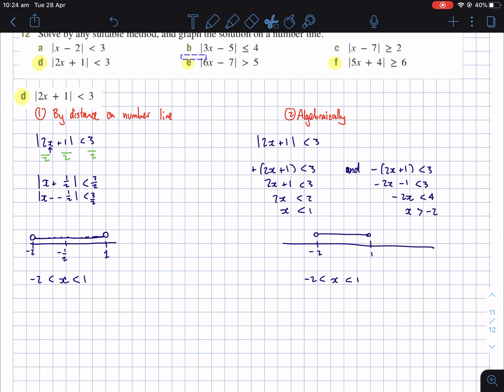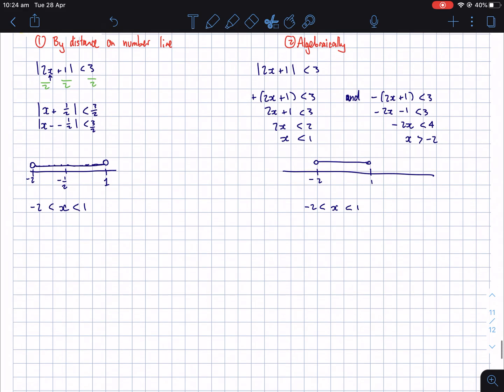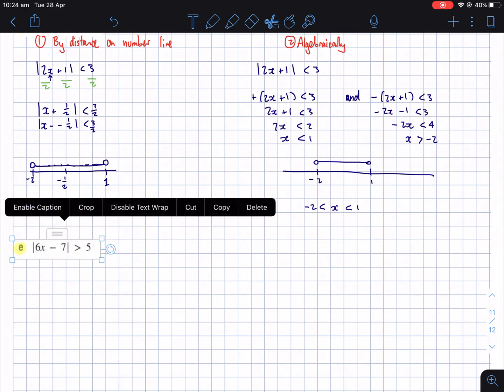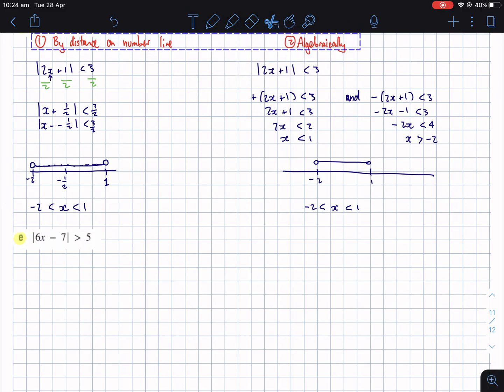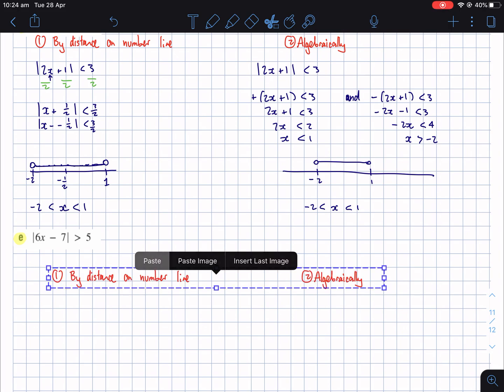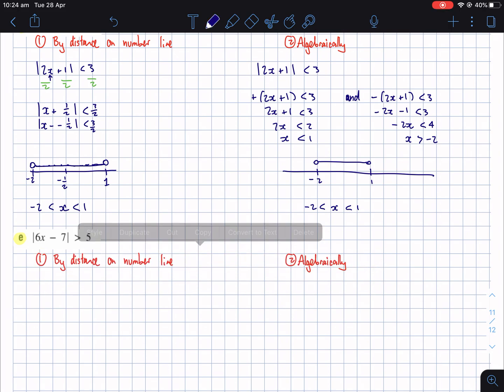Okay, let's do E. Again, I'm going to do it these two ways. So this one, I've got the absolute value of 6x take 7 is greater than 5. I'm going to divide everything by 6 because I just want it to be x. So I get the absolute value of x take 7 on 6 is greater than 5 on 6,